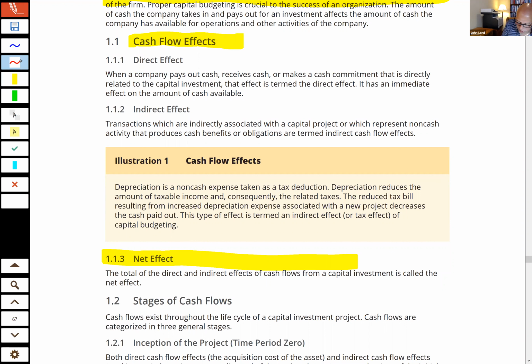We're going to be looking at the net effect. Net effect is the what? Cash inflows minus cash outflows. That's going to give us the net cash effect. And since these investments will go over some period of time, we will have to use net present value